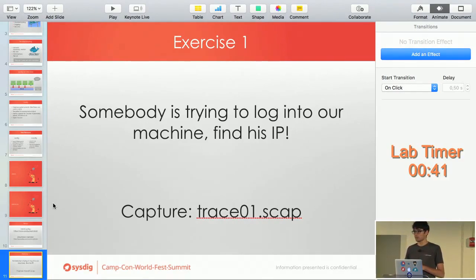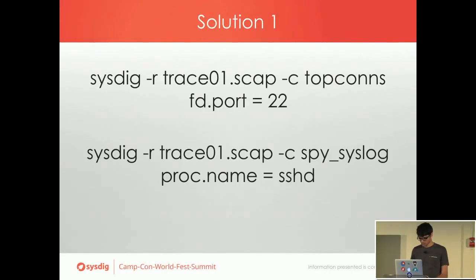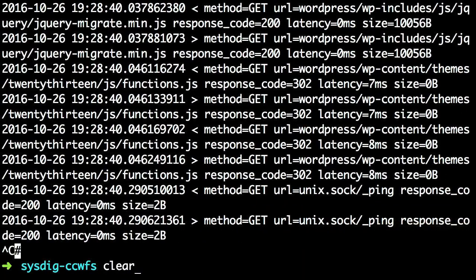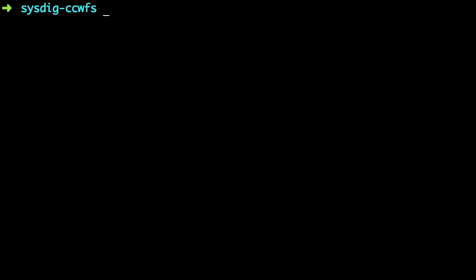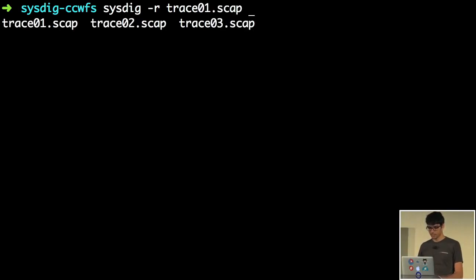Okay, so who was able to find out the IP address of the attacker? Oh, cool. So let's see how we can troubleshoot this. We said that some network activity was there, someone trying to log in. So let's first of all inspect the network activity